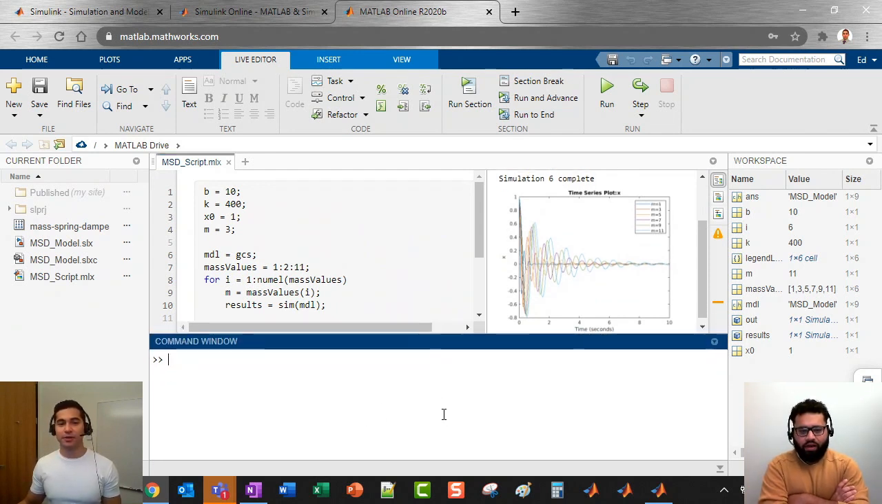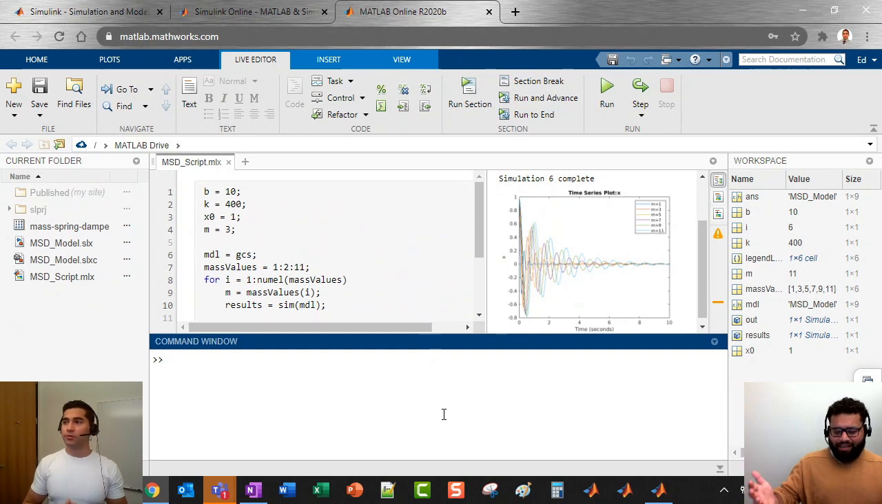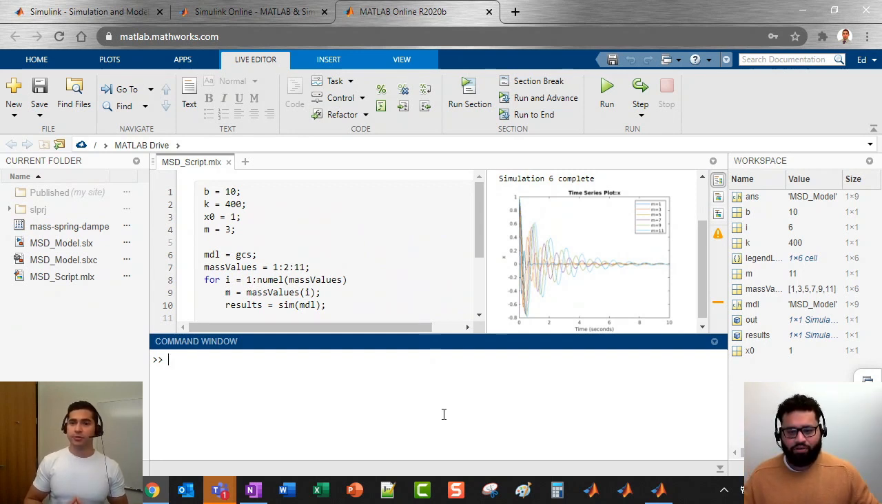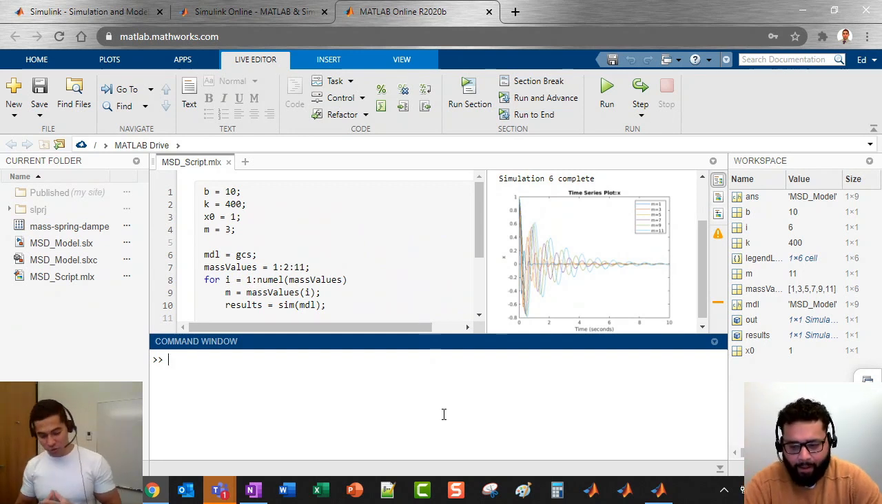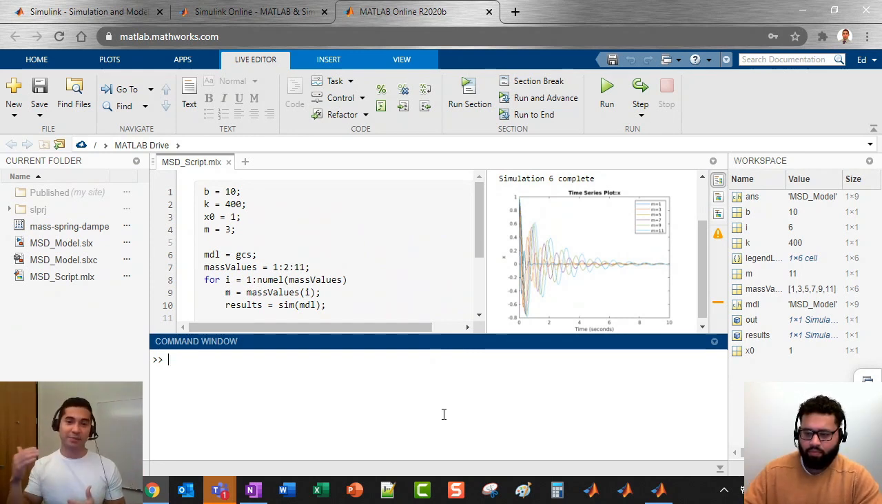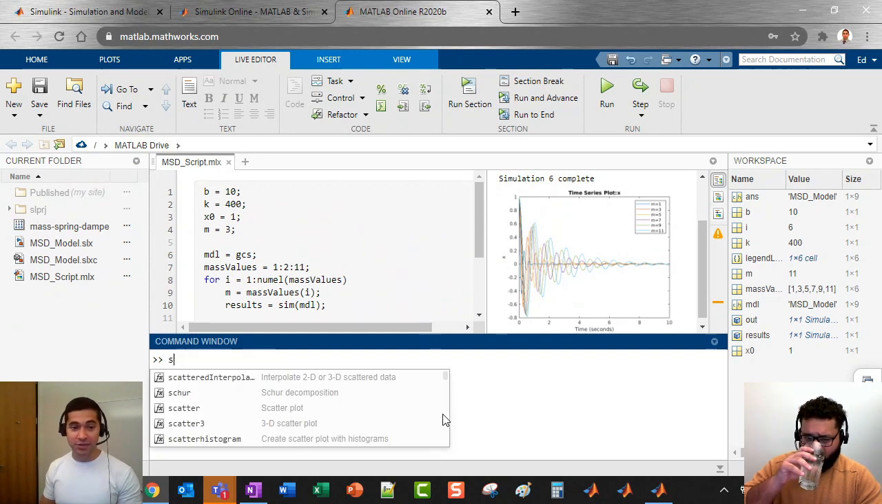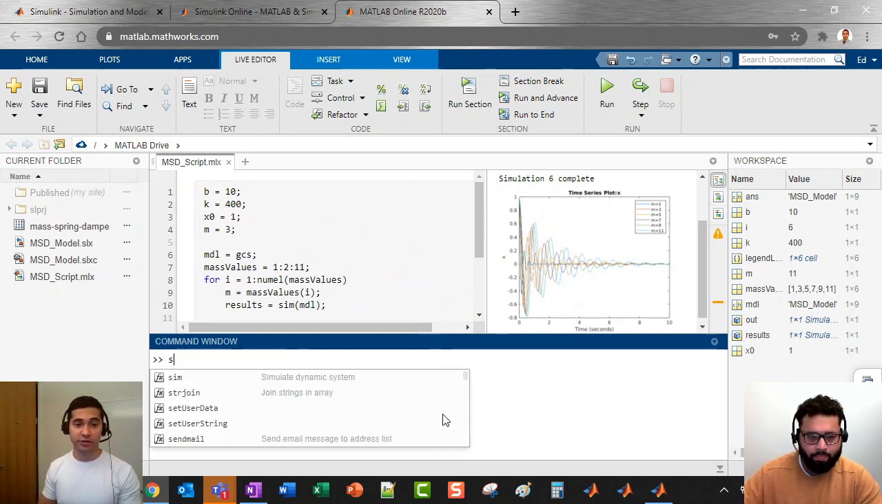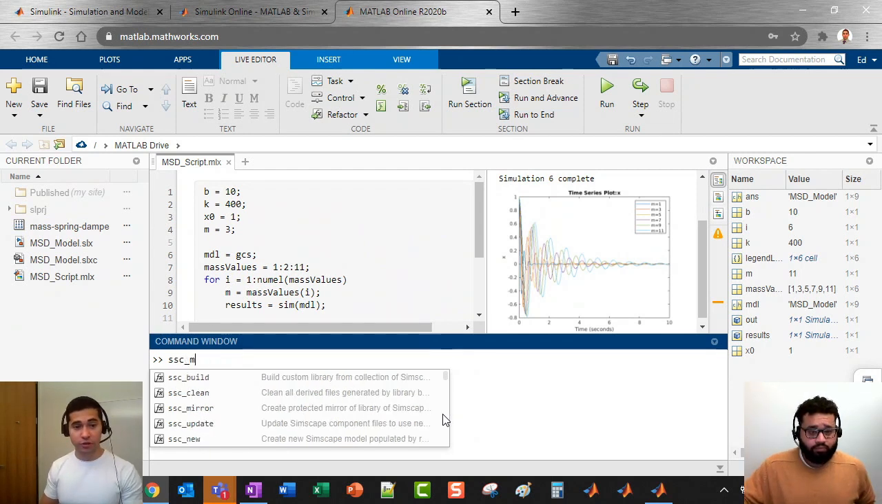Yeah, awesome. So Ed, is there anything more that we need to cover here before we move on to hardware? Yeah, good question. We saw how to build that model step by step and how it integrates with MATLAB. Let's quickly take a look at an example that actually comes with Simulink. So if we look at